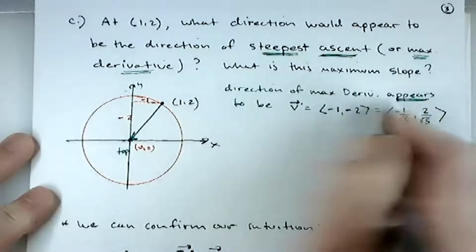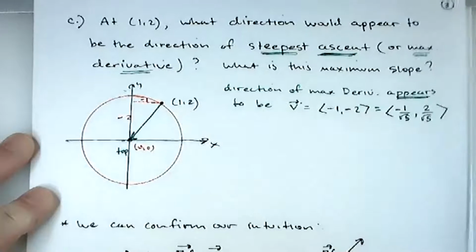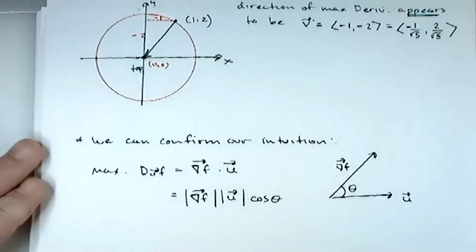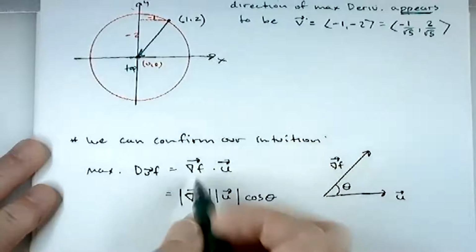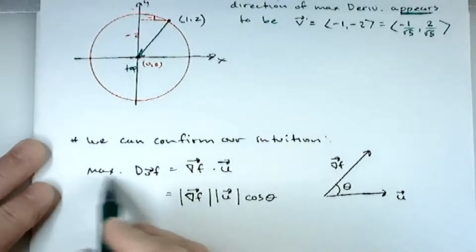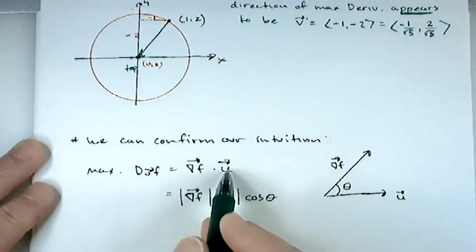Now we're using our intuition. That seems to be the steepest possible slope, right? But we can confirm our intuition, and that's what we're going to do right here. I'm going to fill in a little bit more here. If I wanted to know my maximum directional derivative, and my formula is the gradient of f dotted with u,